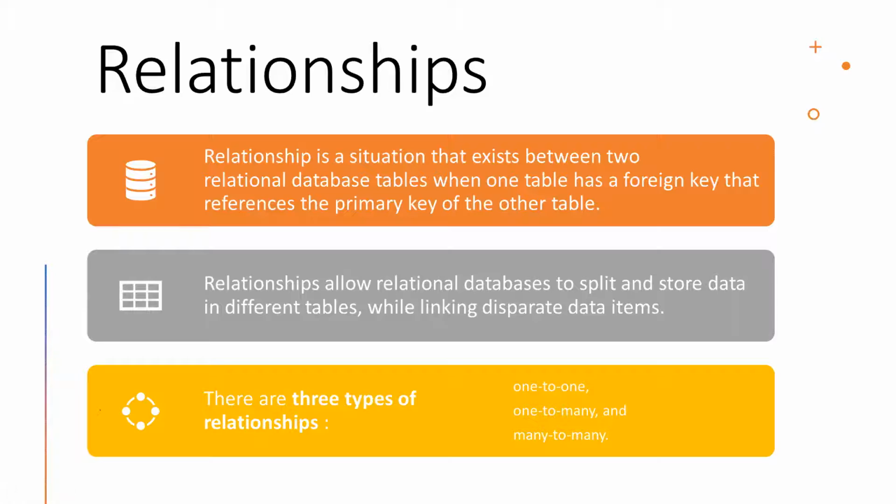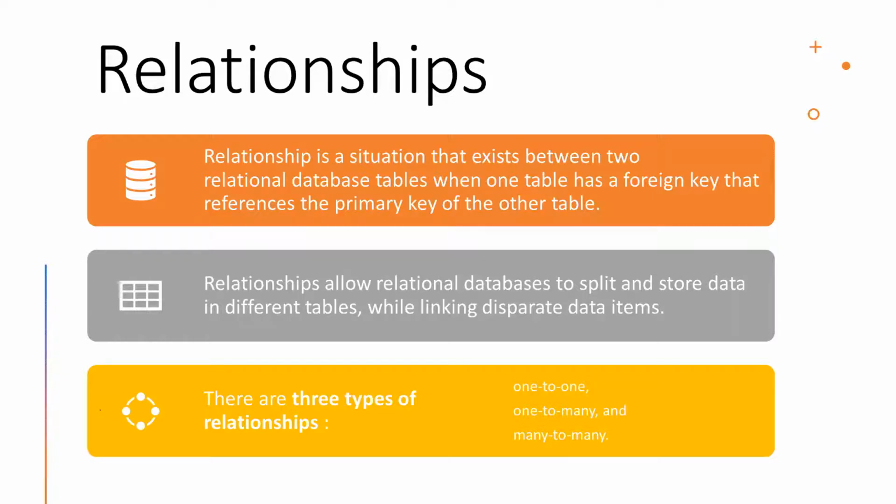Whenever we talk of relational database, it is depicted using ER diagrams, that is entity relationship diagrams, wherein entities are the objects and relationships are the connections between those tables. There are three types of relationships which are used. One is one to one, then second is one to many. It could also be said as many to one. One to many and many to one are the same thing, just the angle from which we view these relationships is different. And then the third one is many to many relationships.